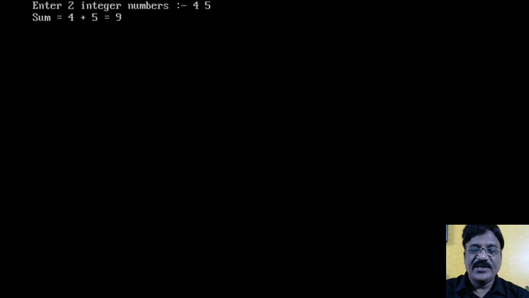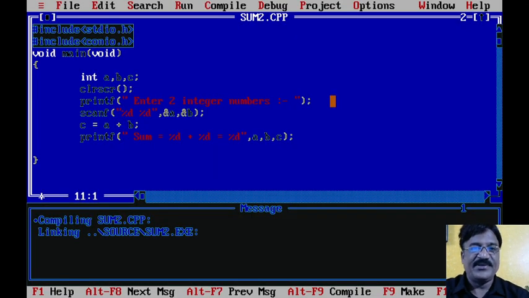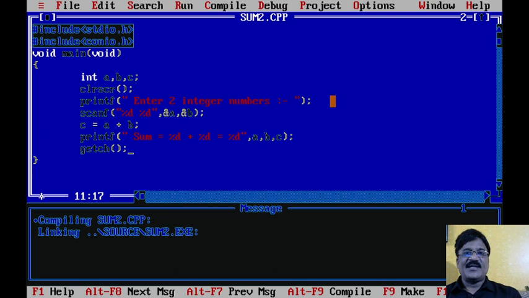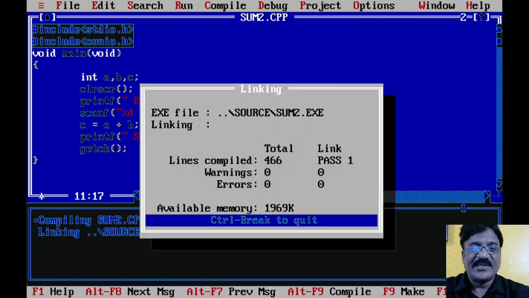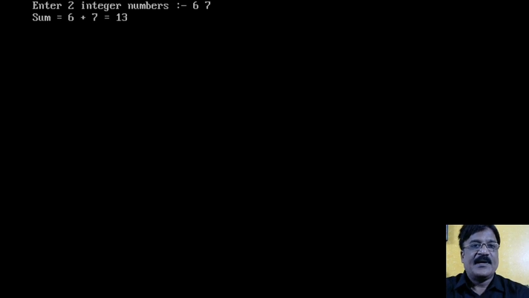Okay, so instead of that, what we can write here is getch. So getch is basically what? It is a function which will wait as long as you do not enter any single character. So we are utilizing it just like a continue, so that we will be able to view our entire result. Okay, that is the basic purpose. So let us execute once again, and now observe that we are able to view the result.